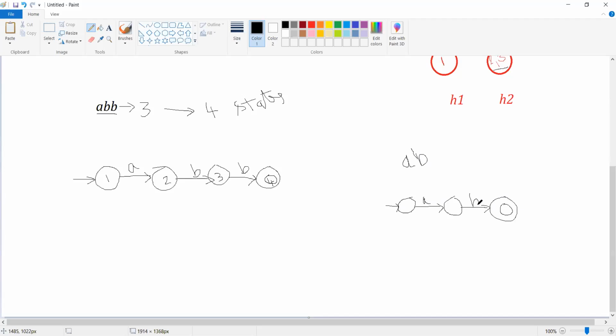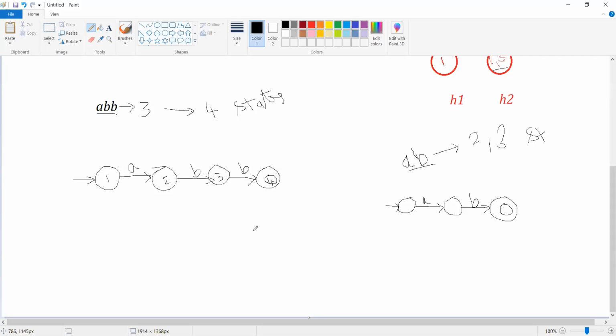This finite automata is going to accept the string AB. What is the length of the string now? It is 2. But how many states are we going to make use of? We are going to make use of 3 states.